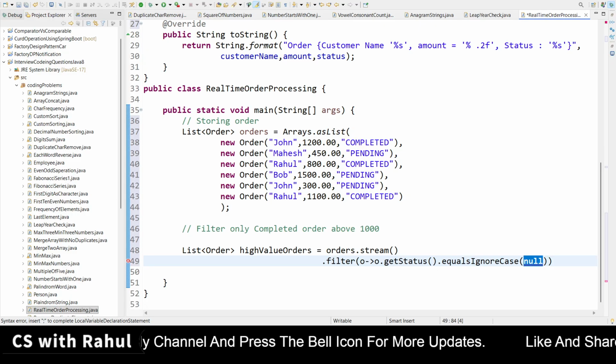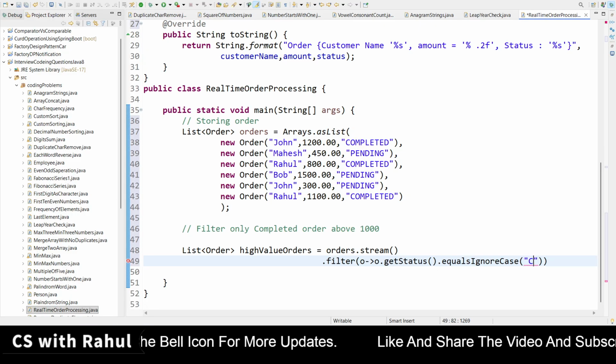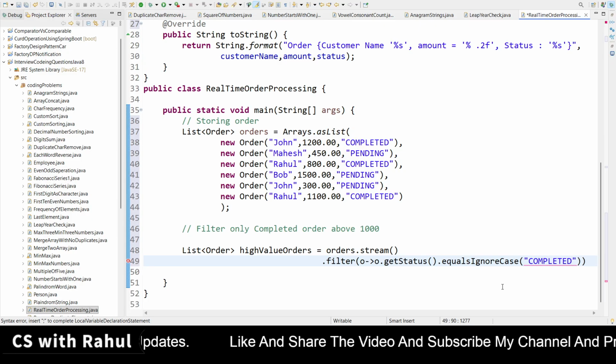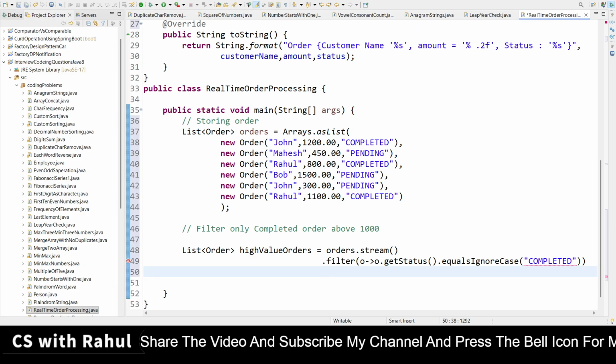It should be completed. We have to find the completed ones. The first filter we have applied here, guys.